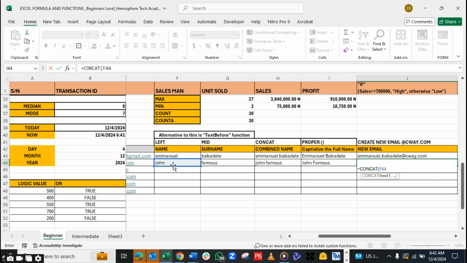We pick John, comma. Then the next thing that we want to follow is full stop. That full stop is a text character, so because it's a text character, I have to put it in between quotation signs: the quotation, full stop, close the quotation. You get that? Then comma,